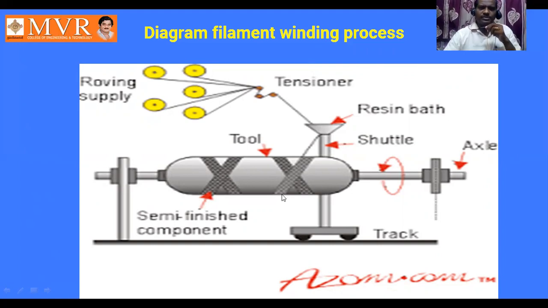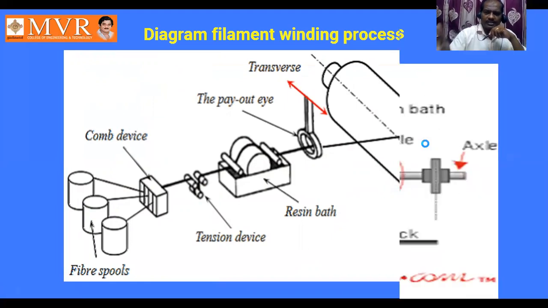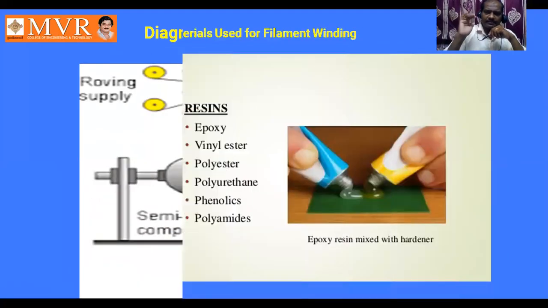So for which position we need this winding, at that position only we will try to wind. This is one of the methods that is shown as a winding process. So I think I have explained. This is another type where winding is an integral part. In the previous case, winding is not an integral part that can be separated. That's what I want to explain by these two diagrams.